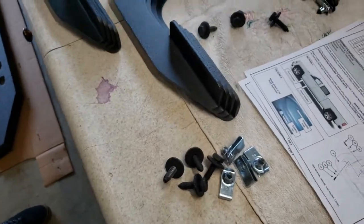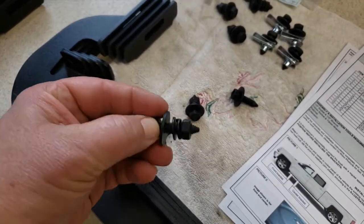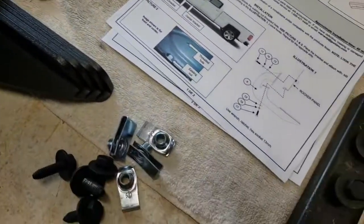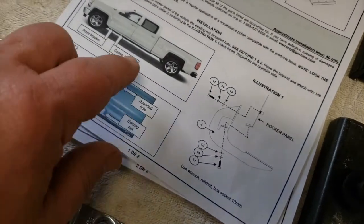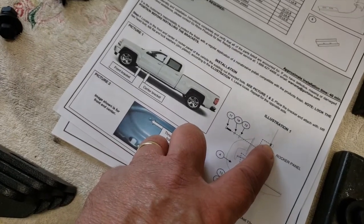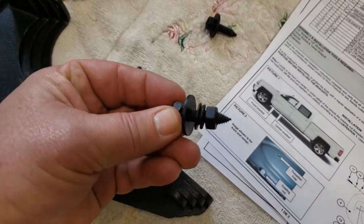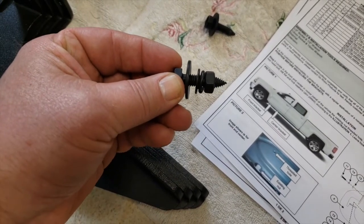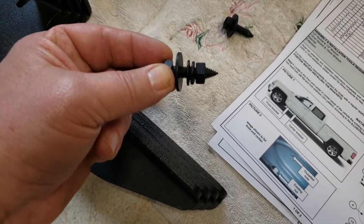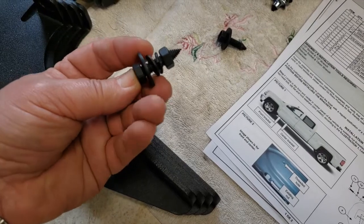And another little thing that we found out. They send you a bunch of nuts and washers that you're not going to need, not going to want. They're redundant, and I think they hinder the installation. Like they're showing on this diagram right here, that you're going to be running this bolt with a lock washer, with a flat washer against the bracket into the nut zert. Well, since these bolts come with a convex washer, that washer is meant to be put against a hard surface and then collapse flat. So you wouldn't use the lock washer or the flat washer, or the nut for that matter. So you're going to be getting rid of all that and just using this convex flat washer,